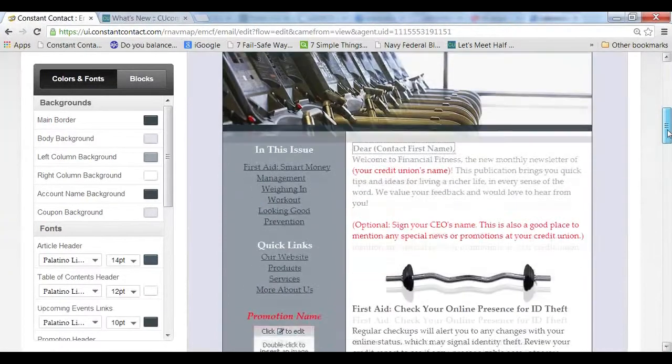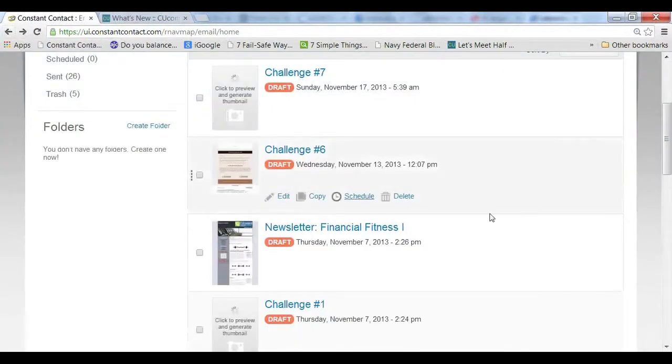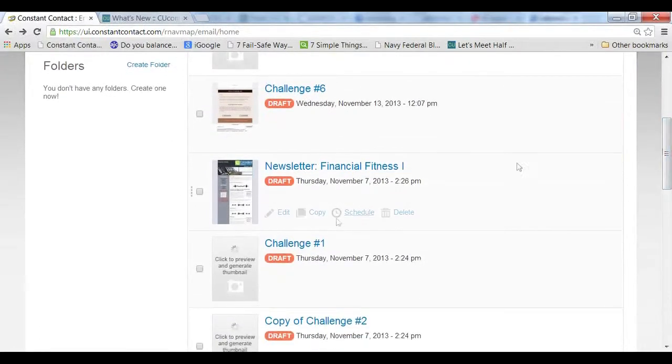There will be 4 age-specific newsletters. It'll be for younger members, there'll be another one for Gen Y, another for seniors, and one for everybody else in between. So watch for that. Another Constant Contact campaign that we load to your newsletter is every week there is a